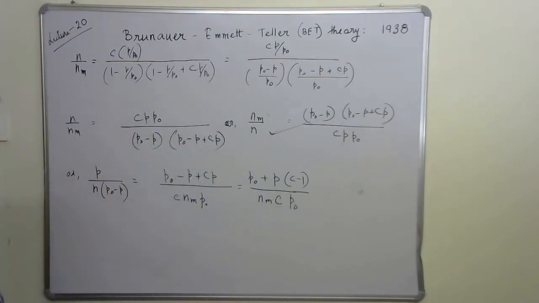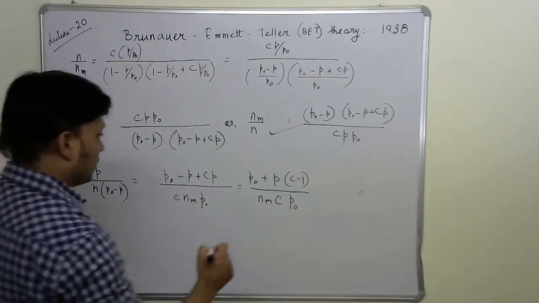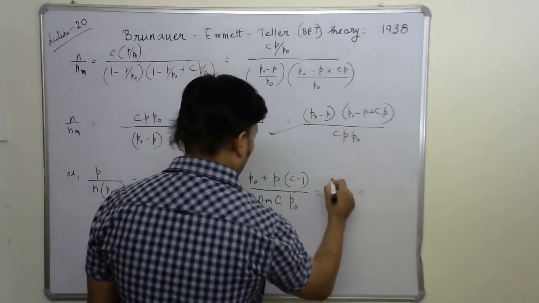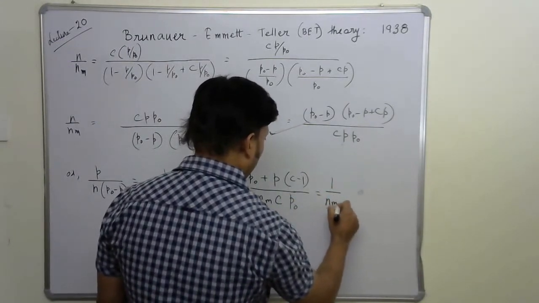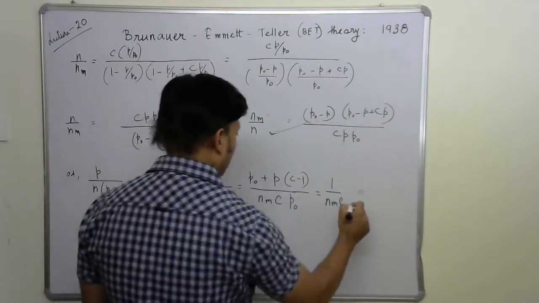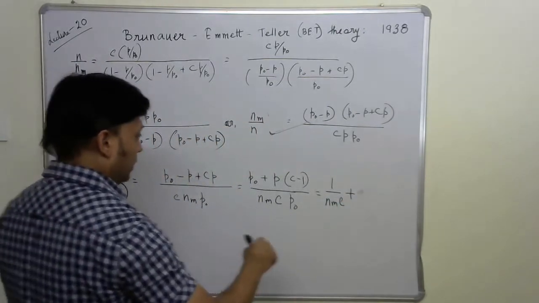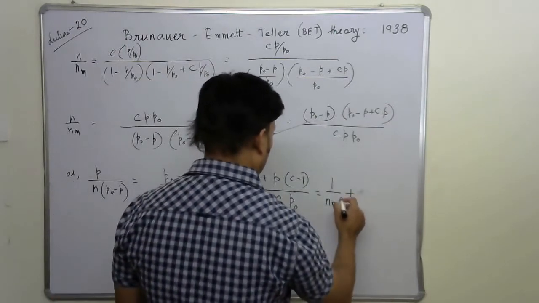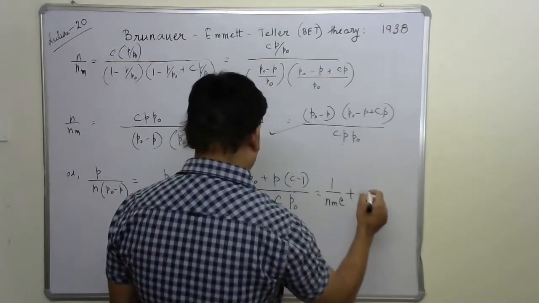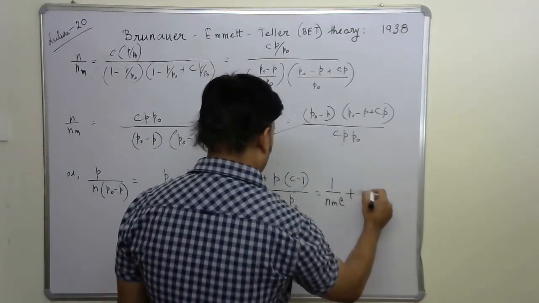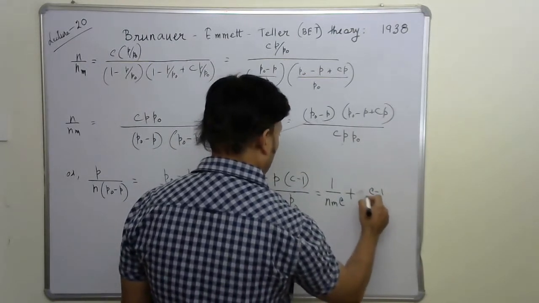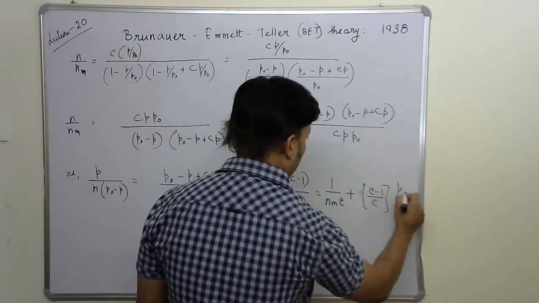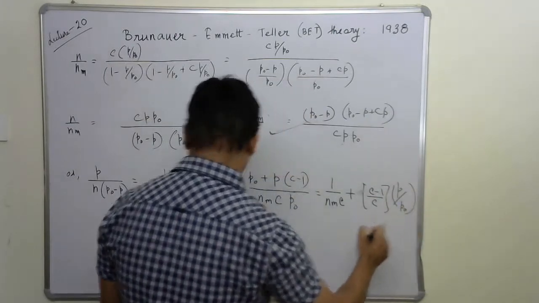All right, so now what we can do further is break it down. If we break it down, we get 1 over Nm multiplied by C, plus we get, as you can see here, C minus 1 divided by C, whole multiplied by P over P0. All right,